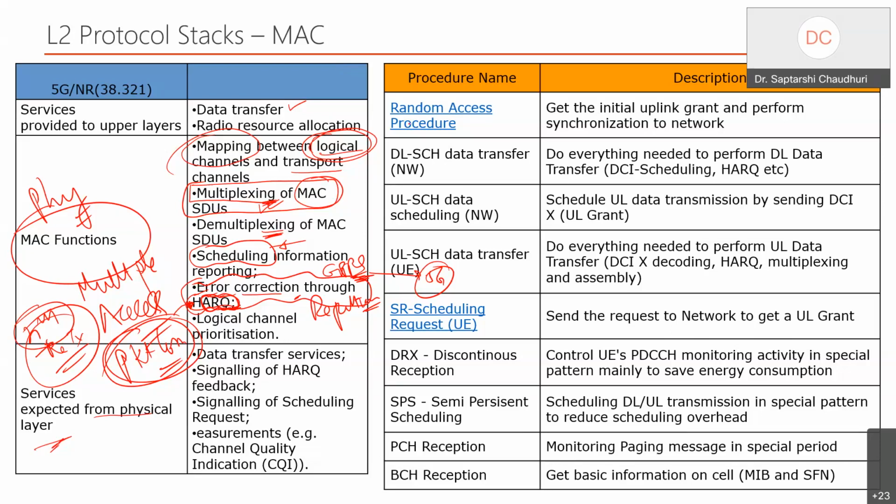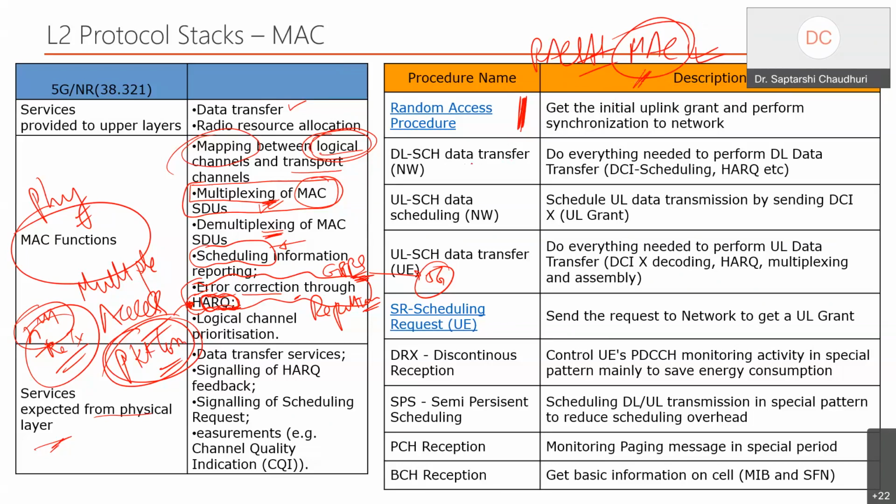Now, MAC doesn't stop there. What we added on top of this MAC is the random access mechanism. I'll show you the maths aspect of it when we deal with the RACH on day 3. The physical layer gets into the random access, but the RACH procedure is not complete unless the MAC comes in. So now you can think how he plays the first role to make this mobile get access to the network via this random access scheme. And he plays the first big role to ensure that the RACH procedure is successful.